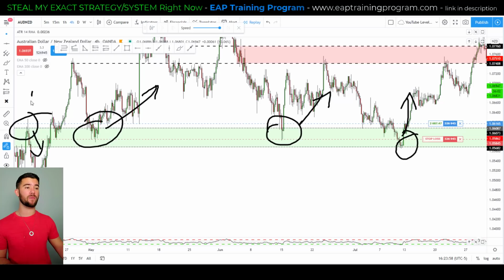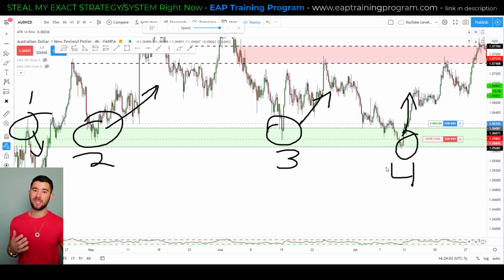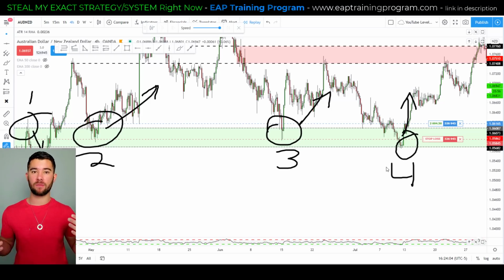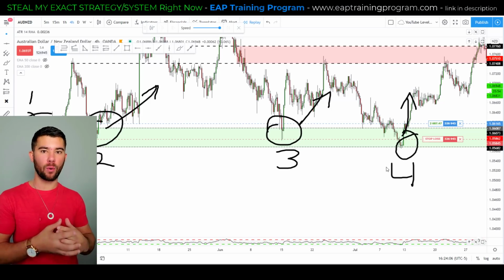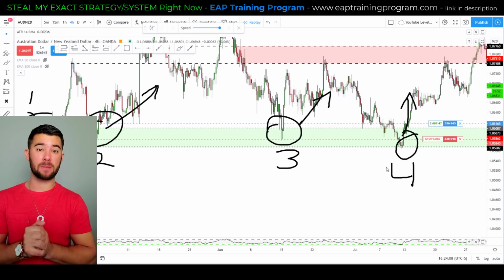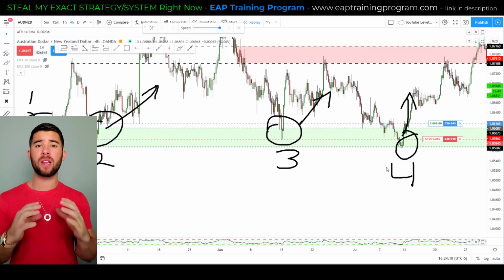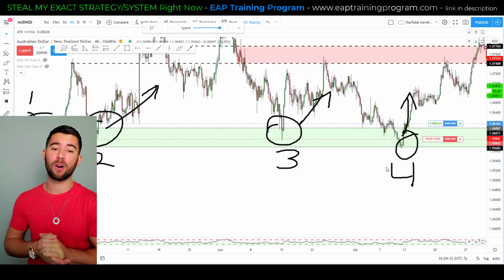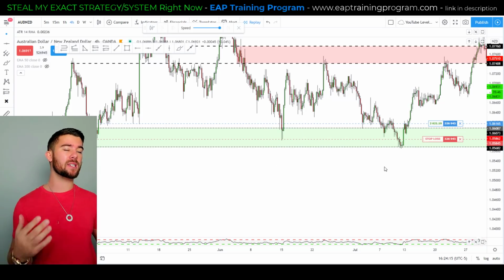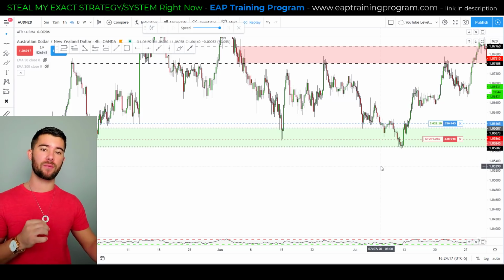And the answer is yes. We have 1, 2, 3, and 4 times the market used this area as support and resistance, making this a level that has all of our qualifications met and a level that is extremely likely to move the market. This is when you would want to see this level and have an entry reason for a lower time frame